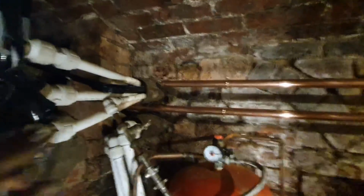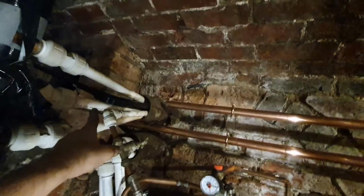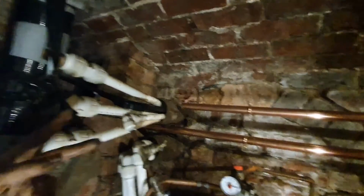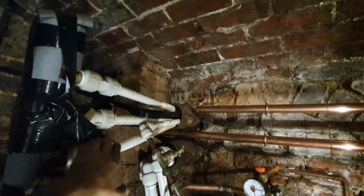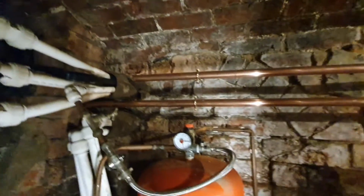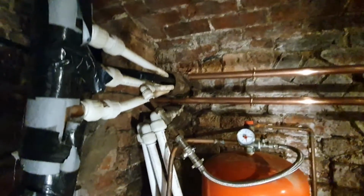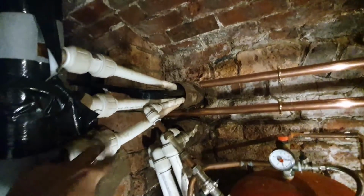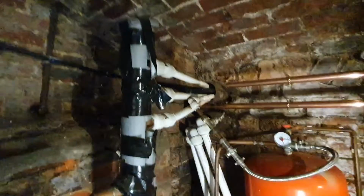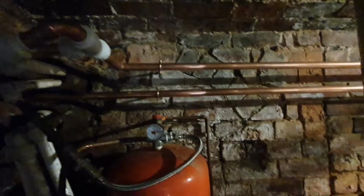I'm going to try and cut these flows back. I don't know whether to tee them together. I mean, it's not going to look brilliant, but it'll look better than it is now. And then just strip this out. Yeah, and then as I say, I'll have a look at the returns then. But yeah, as I say, there's not too much I can do with these, unfortunately, but it'll be alright. So that's how I've had to do this. I know it's not the best, but